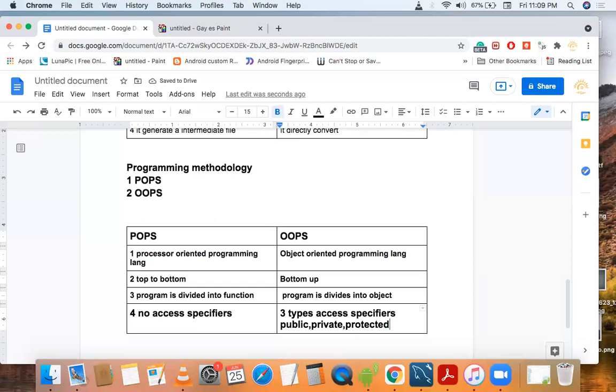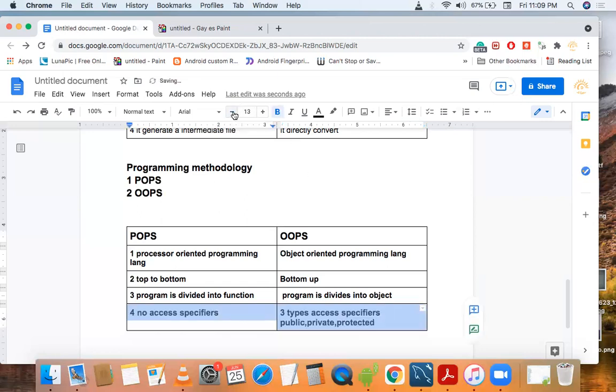And if you are talking about Java, it has four types of access specifiers: public, private, protected, and default.